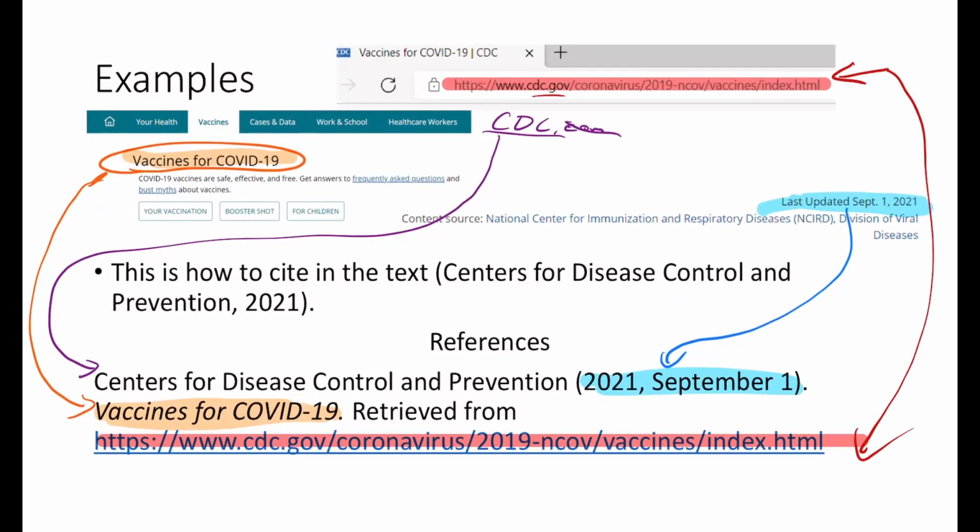So that's how you're going to cite a website. Like I said, what you don't want to do, and a big mistake that a lot of people make, is when they cite a website, they see this. And so here, instead of CDC, they write vaccines for COVID-19 as the author, and then 2021. A lot of times you can't even figure out where that information came from. So don't do that. Make sure that you're saying who wrote that information. And so that's why here it's going to be the CDC as well. And then you'll put the title of the actual page there at the end.